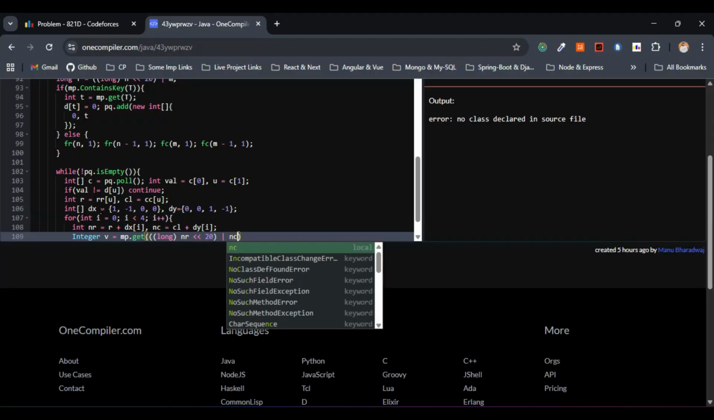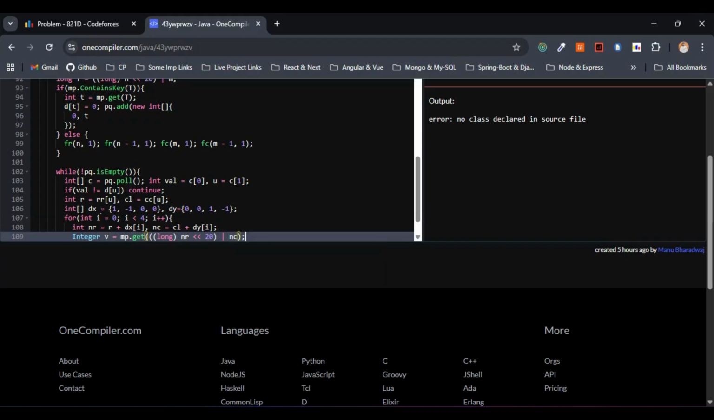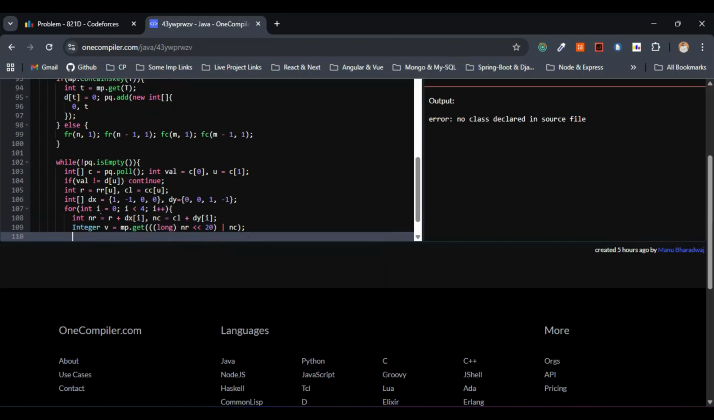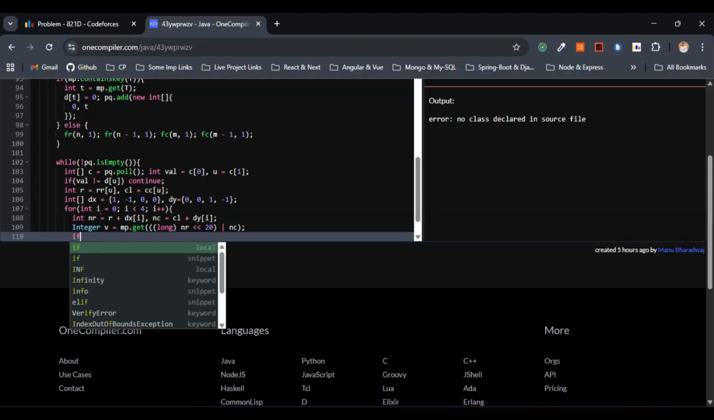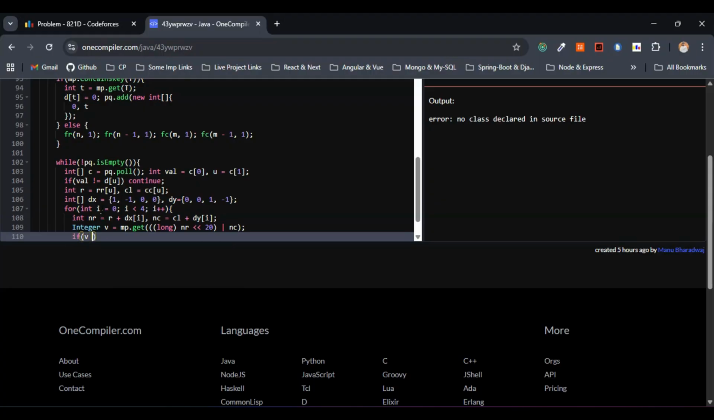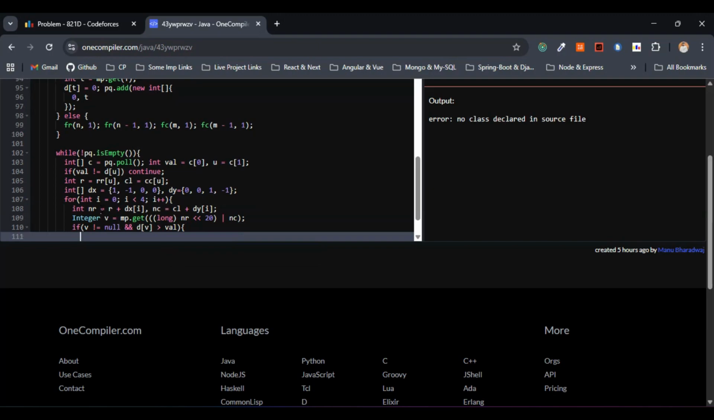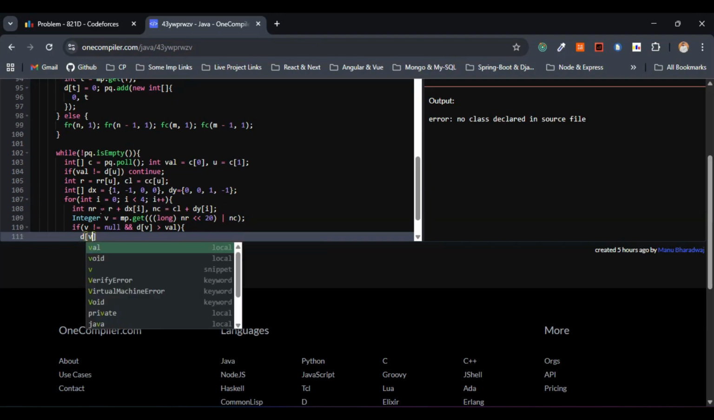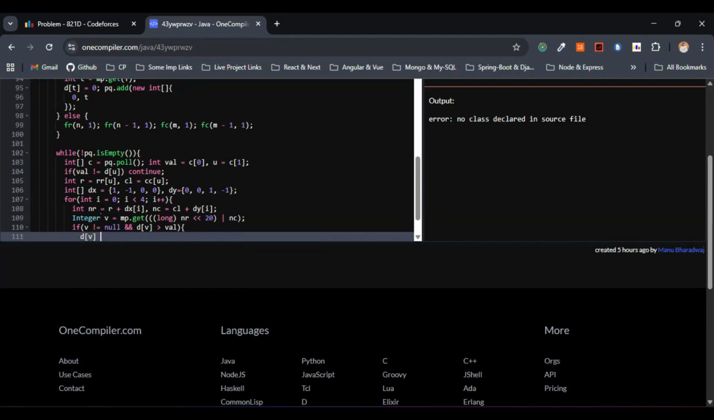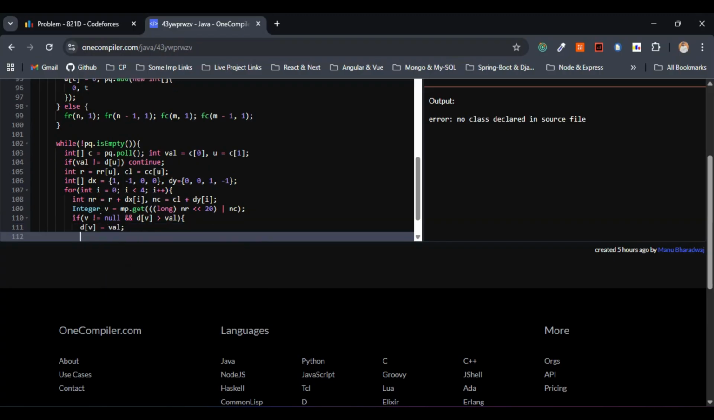Logical R and C. Right. So now this is fine. Let's write the simple if condition very quickly. When v is not equal to null, and e of v is greater than value, the val keyword we have considered, right? Then d of v, let me assign this one to the value,